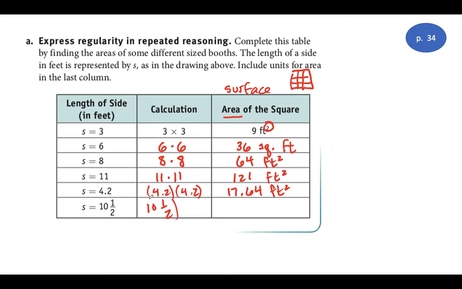And 10 and a half. So we can multiply 10 and a half times 10 and a half. That's good practice for the fractions we've been doing. Remember, you cannot multiply mixed numbers. So we have to make them improper fractions. 10 times 2 is 20, plus 1 is 21. So we get 21 over 2 times 21 over 2, which gives us 441 over 4. And when we turn that back into a mixed number, it's 110